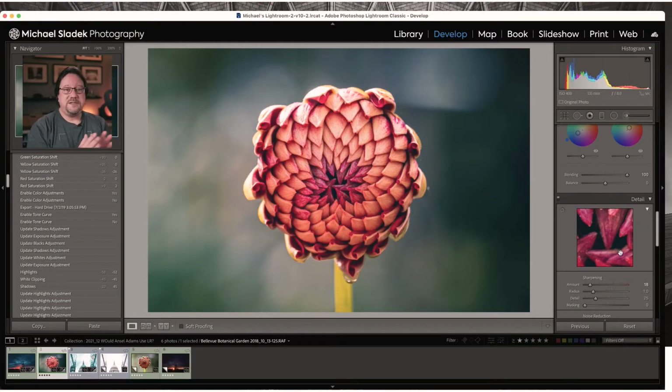So let's start with this photo, this flower. And what I did in this photo is a combination of things. I used some global tools to adjust color and attention a little bit. And then I used a local adjustment tool, which is very similar to the burn tool, called the radial gradient. And I applied that to the center of the flower.